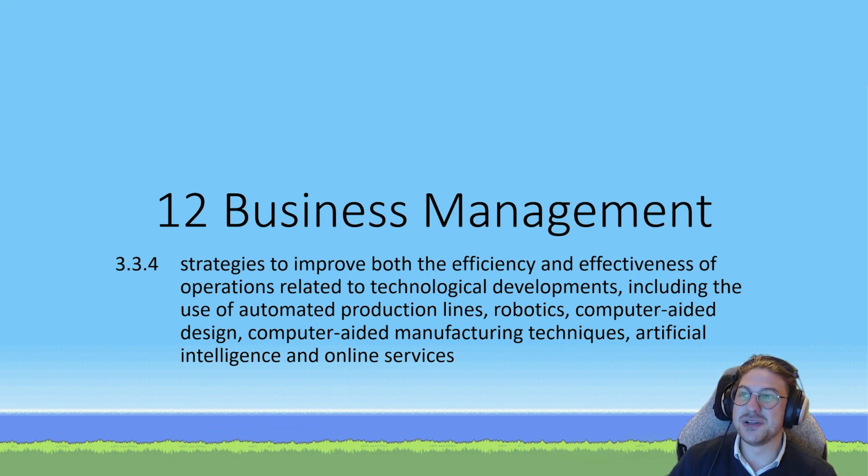In today's lesson, we're looking at key knowledge point 334. That is Unit 3, Area of Study 3, and the fourth key knowledge point for this area of study. Today specifically, we're looking at strategies to improve both the efficiency and effectiveness of operations related to technological developments. Helpfully, this key knowledge point gives us a list of some different technological developments that we need to talk about,